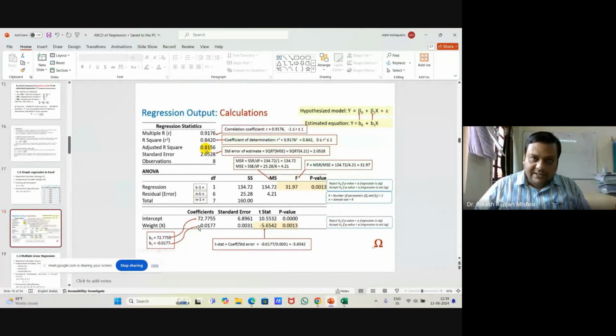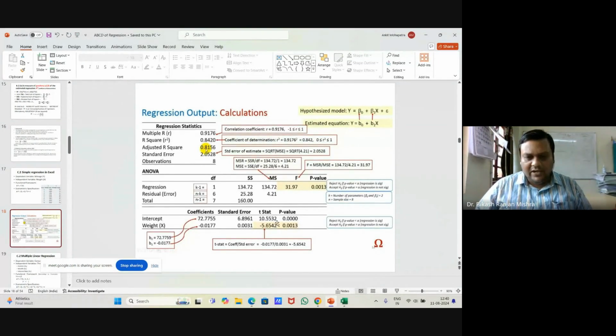But coming to the regression analysis, if the weight of a particular automobile increases by a particular unit, whatever the unit may be, in lbs or otherwise, then it is affecting the mileage in a negative manner. That means weight is affecting mileage, but in a negative manner. By the way, negative or positive is a matter of interpretation if you go to the respective T statistics. The T statistics is the coefficient divided by the standard error, for the intercept as well as for the